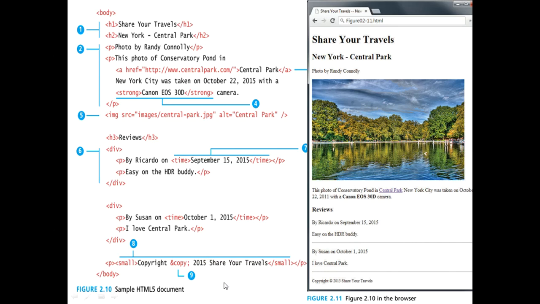What we explained now. Now it's the body part. Some headings we used here, some paragraphs we used. It's an anchor tag, href represents a reference. You are giving a reference to external websites. Again, strong represents bold, and an image you are carrying. This is a code and this is the output of that code. It's one example.